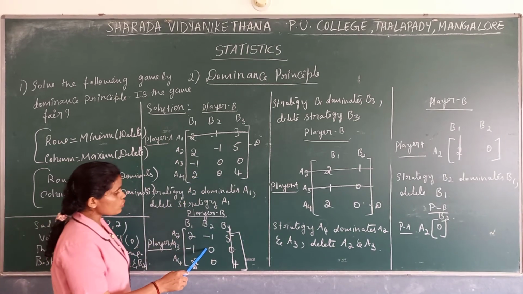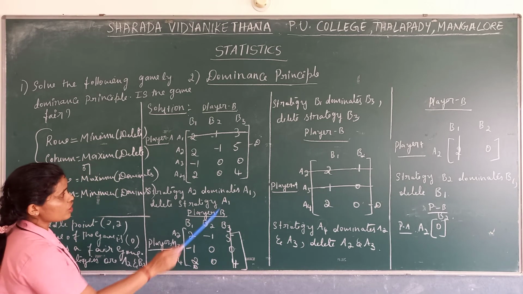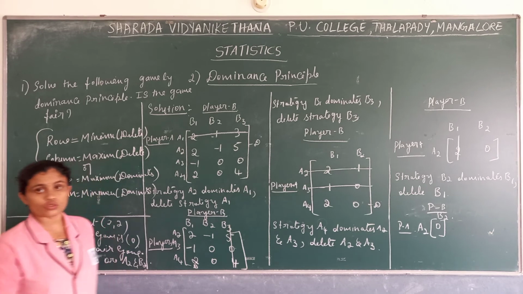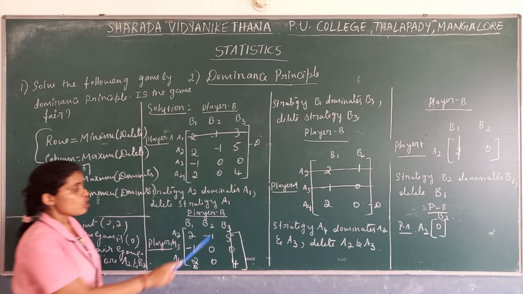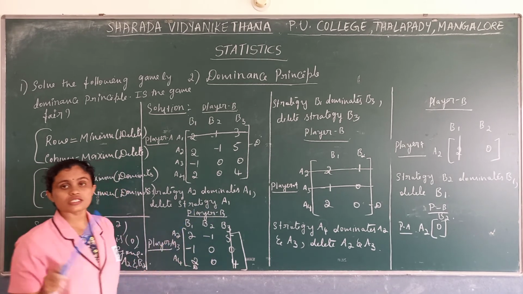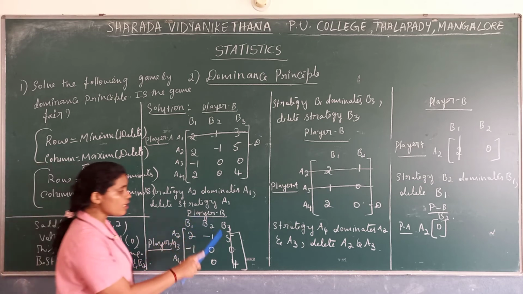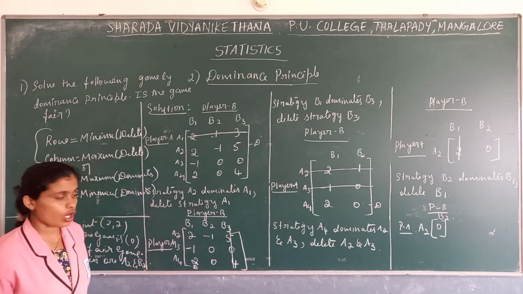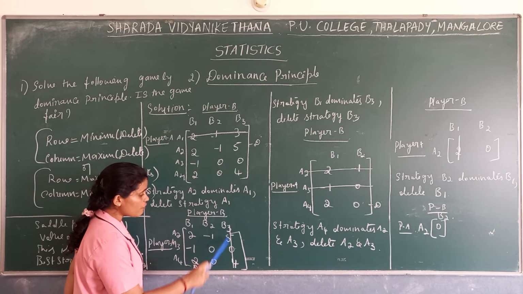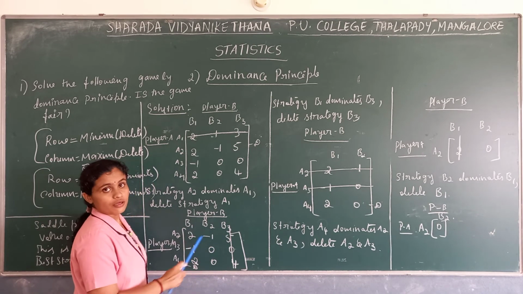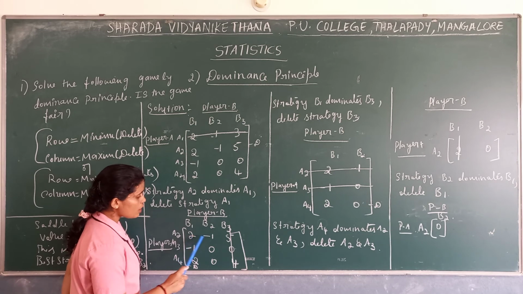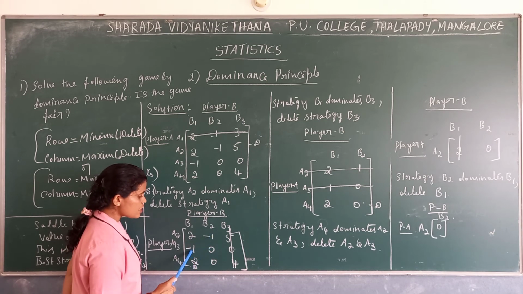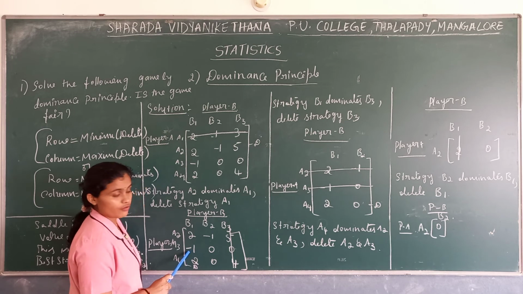Now if you go to the second comparison, row-wise comparison is over, so we have to go to column-wise comparison. In column-wise comparison, the smaller column we call the dominating column. Here you have to compare which is the smallest column. Now compare 2 and minus 1. This is the smaller value. 0 and minus 1. This is the smaller value.